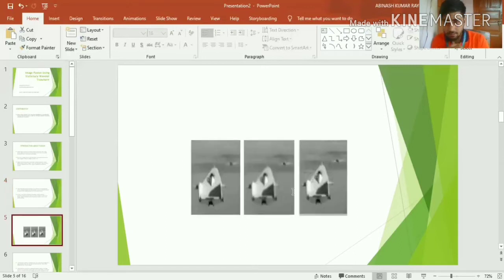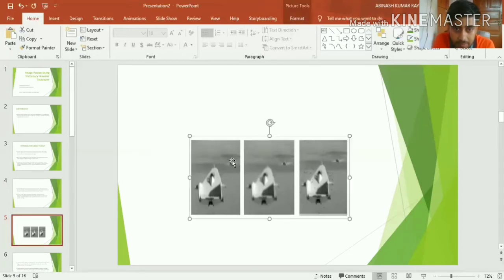So let's take an example. You can see that in this first image, the background of this part is not that clear, but this structure is clear. In this other image, this structure is blurred, but the background is clear. After applying the fusion on these two input images, we get the output image in this form. We can see that the background is pretty much clear, and this structure is also clear.